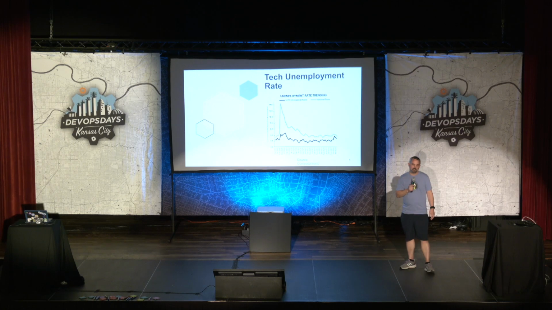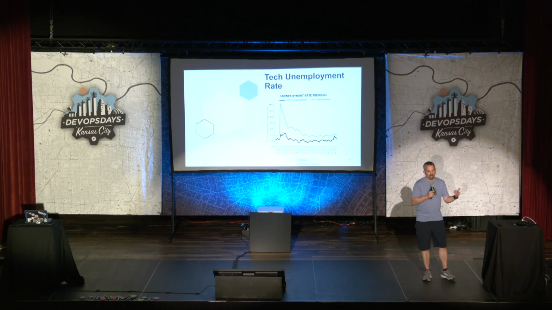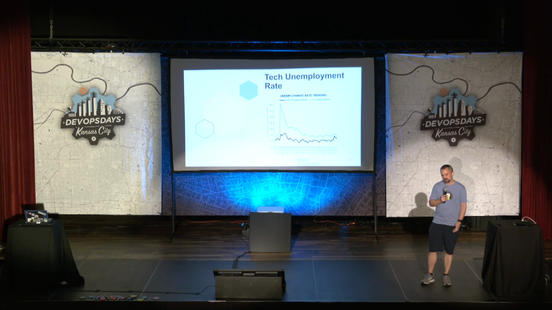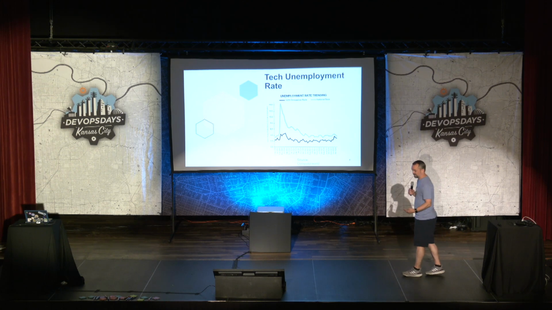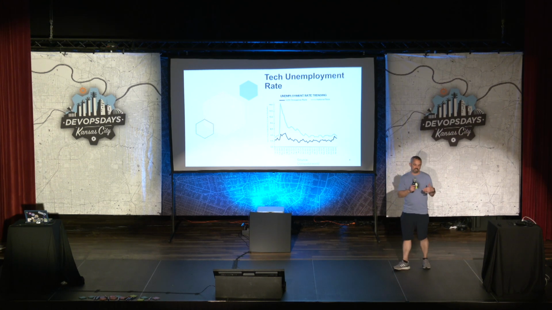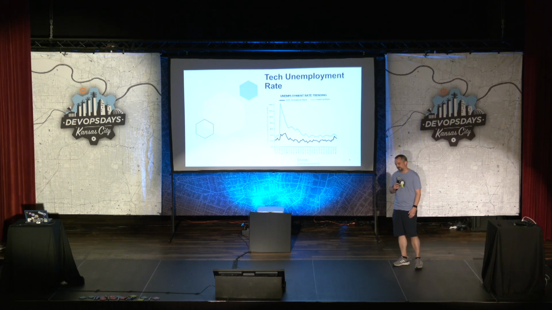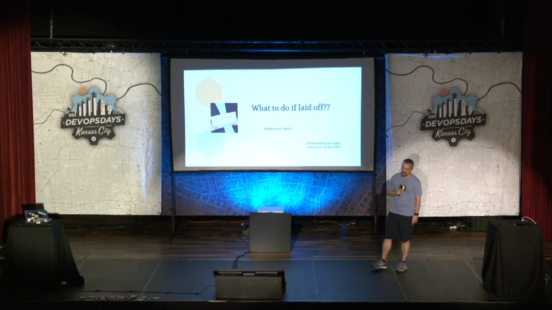CompTIA shows that as of February this year, unemployment in the tech industry is still below the national unemployment average, at 2.7% versus the national average of 3.5%. So what do you do if you get laid off? Well, the first thing is to know your rights. Each state is a little bit different on how you can go,